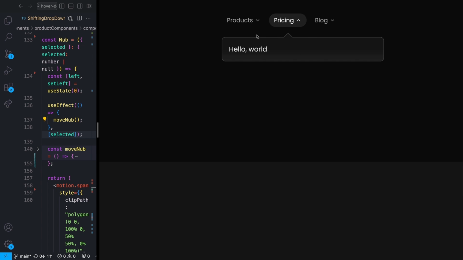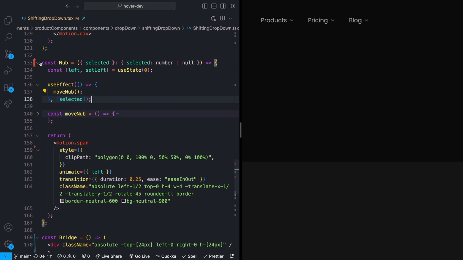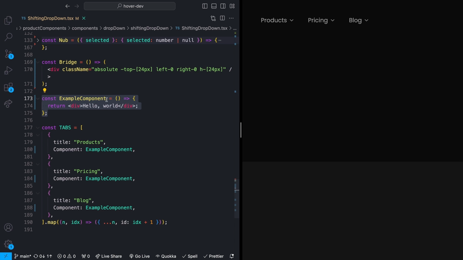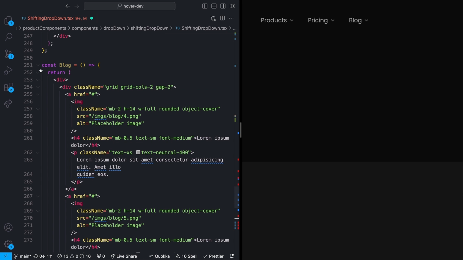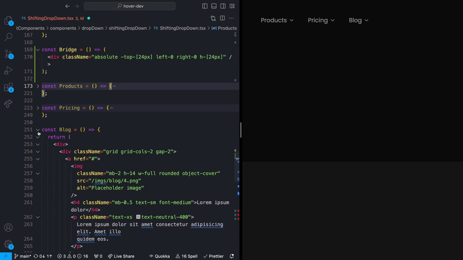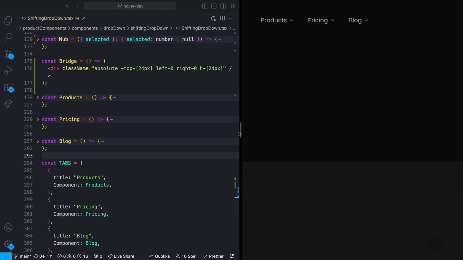We can add some more exciting content to this really quick. I don't want to walk through that because it's not super exciting, but I can drop some in and show you guys what that looks like. So I have a couple of components here that I built earlier. I'll remove my example component right here and just drop these in. These are going to need a couple of imports, so let me do that really quick. Cool. Then we can use them: the products component for products, pricing for pricing, blog for blog, and let's see what those look like.